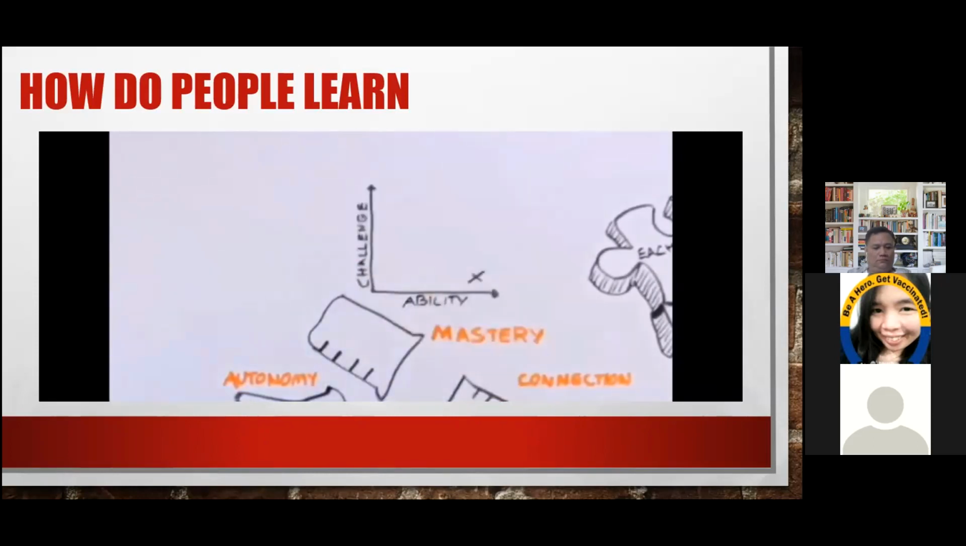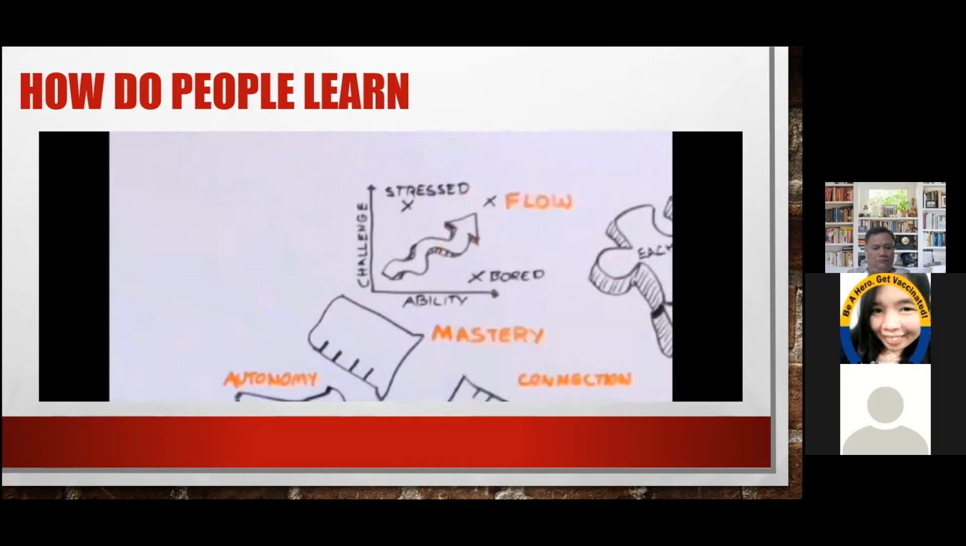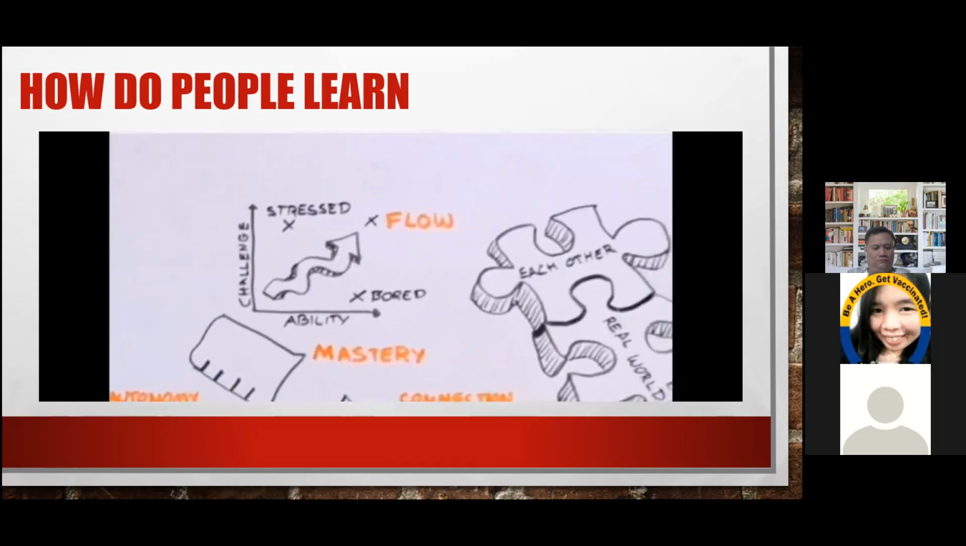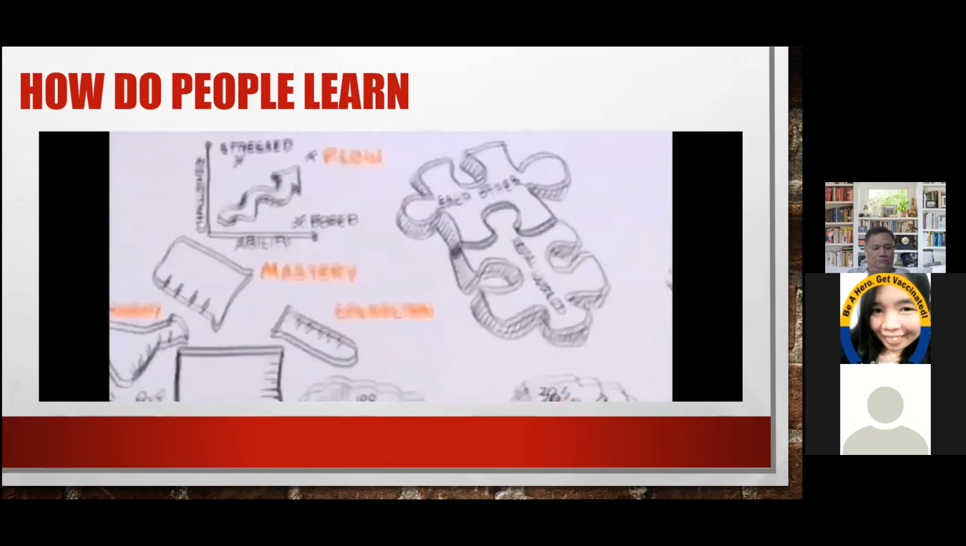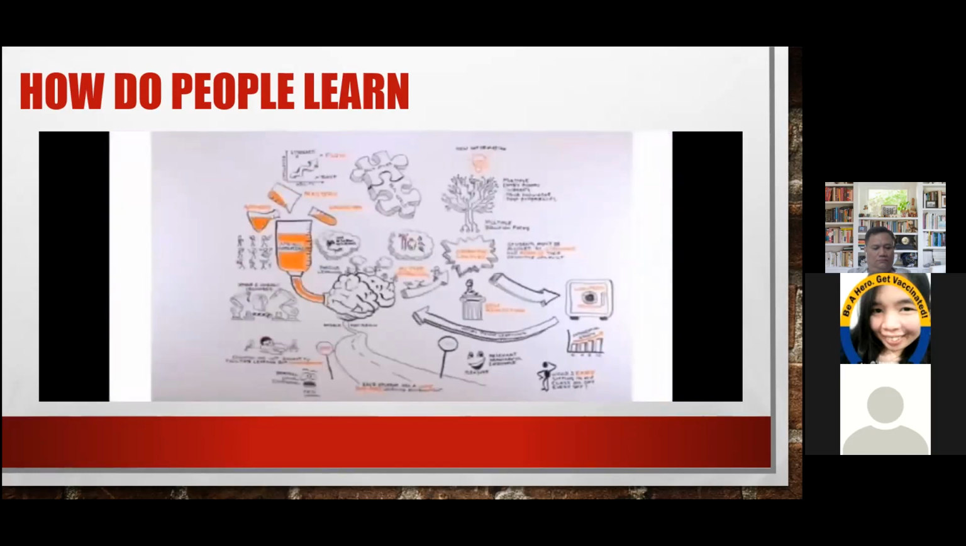If the challenge is low and ability is high, the brain becomes bored. If the challenge is too high and the ability is too low, the brain becomes stressed. A balance is needed between the two. And when the brain finds a challenge that is perfectly balanced with ability, the result is called flow. And it is the most intense enjoyment of learning that the brain can experience. When the three ingredients of autonomy, cognitive conflict